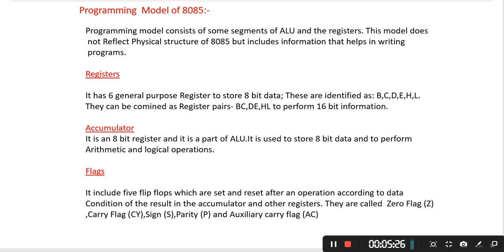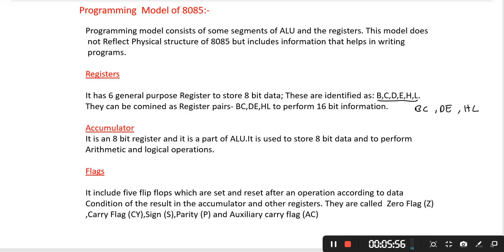In the case of the 8085, it has the registers B, C, D, E, H and L. All these registers are 8-bit registers, and they can also combine to form pairs. Likewise, B can combine with C, D can combine with E, H can combine with L to store 16-bit data.